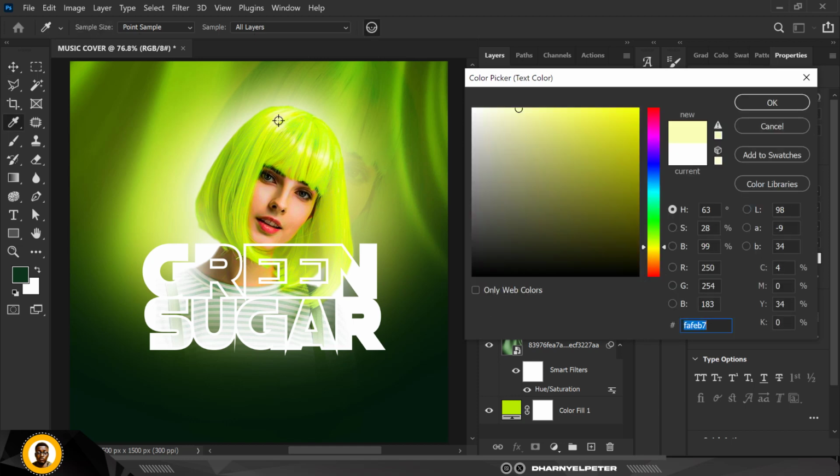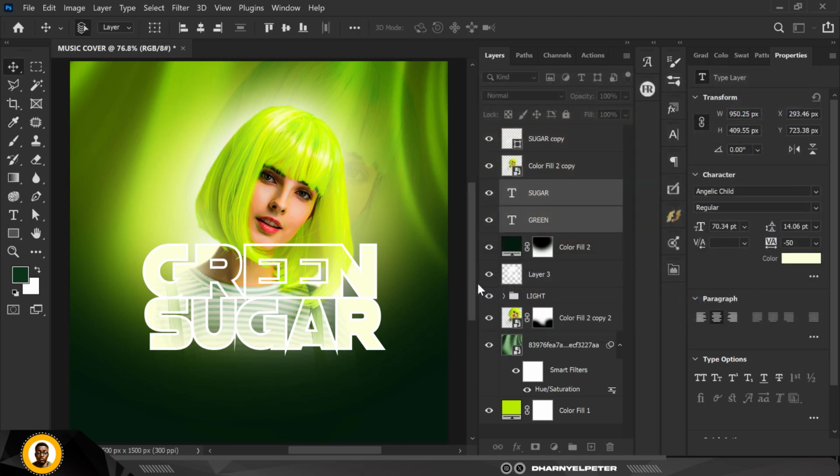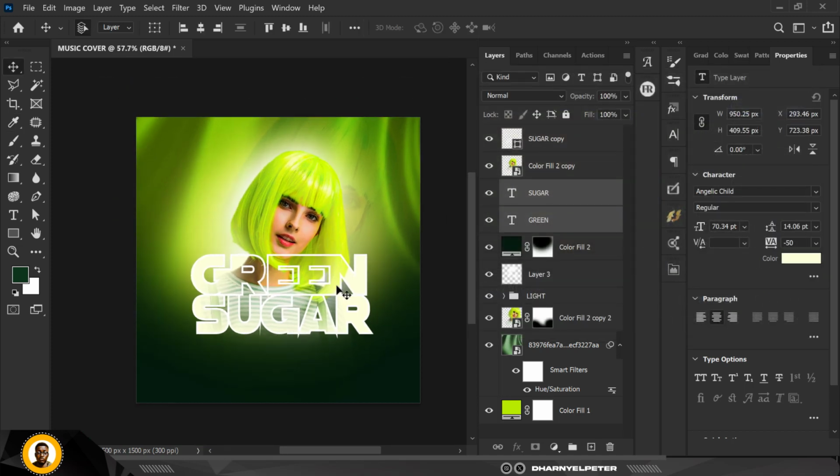So I'm going to sample a color from this place here, so it's not white and not entirely yellow, but just somewhere in between, like this. So yeah, I'm going to click OK. Great. Now that this is out of the way, the next thing I'm going to do is